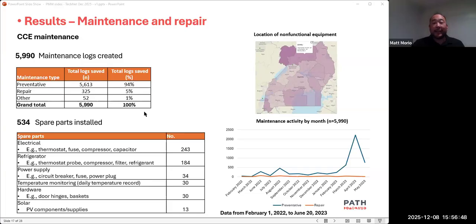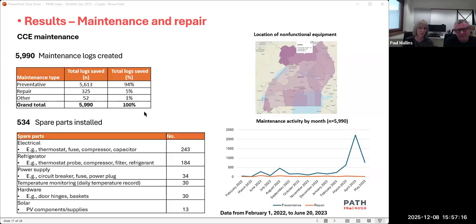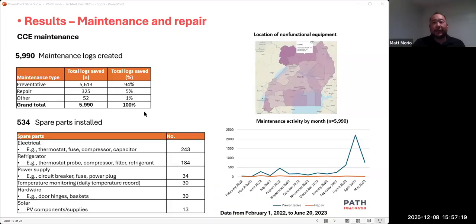Spare part budgets are often lacking, so being able to actually say to Ministry of Finance, or even with an API, we need this much money for thermostats and compressors from this example here on the slide, or the circuit breakers we don't have enough of those. So having that data there and also understanding the performance of the equipment, as PMM helps explain, is it human driven or is it the equipment itself? But just having usable data from your own experience is a great way to present it versus trying to dig through Excel files or paper records.